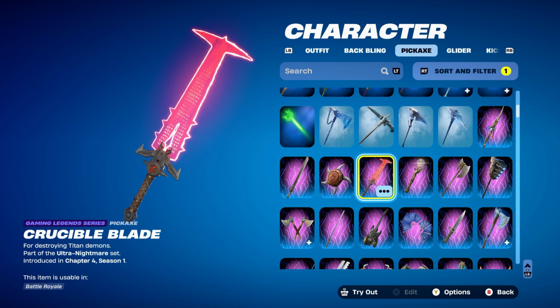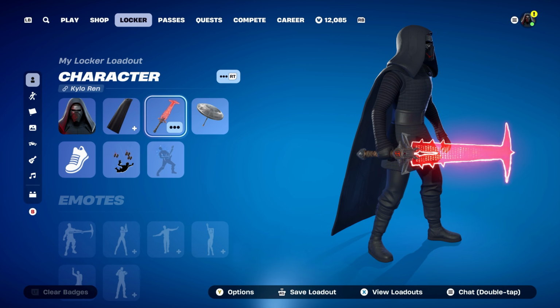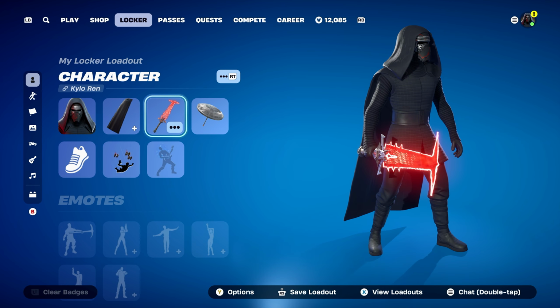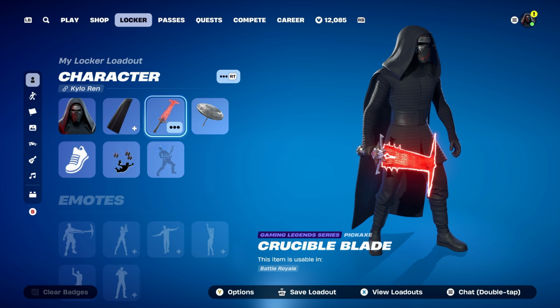Pickaxe is Crucible Blade, part of the Gaming Legends series, part of the Ultra Nightmare set, introduced in Chapter 4, Season 1's Battle Pass, and is Doomslayer's Pickaxe. A very good pickaxe for basically representing a lightsaber. Once again, works nicely for this combo. So this one, Omni Sword and Light Blade, the best three red themed lightsabers we have, or basically represent